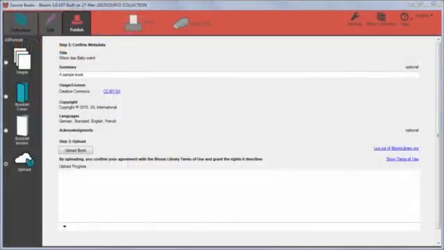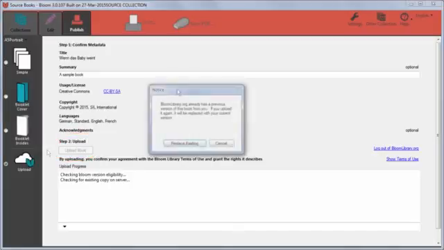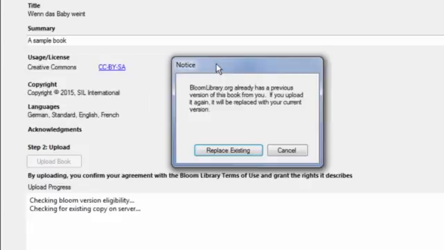If you later need to replace the uploaded book with a newer version since you've improved it or added yet another language, you can do this by simply repeating the same steps to upload the book. Bloom checks that you want to replace the previously uploaded version with the newer one.